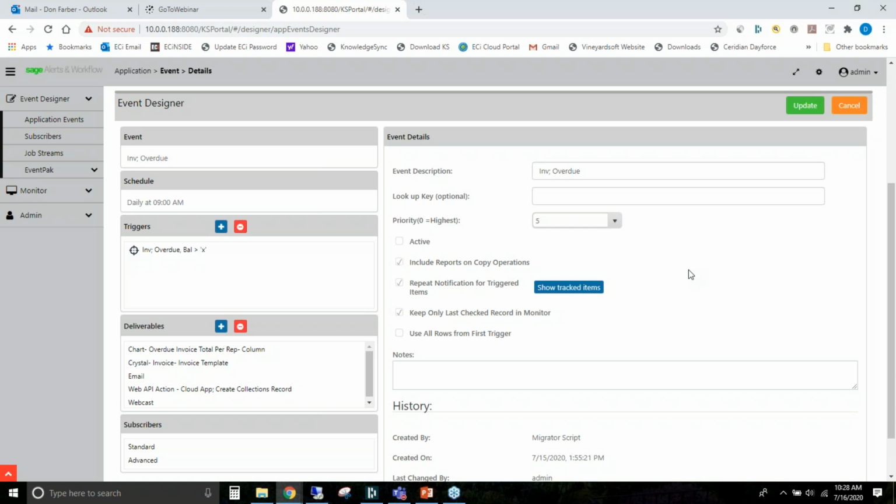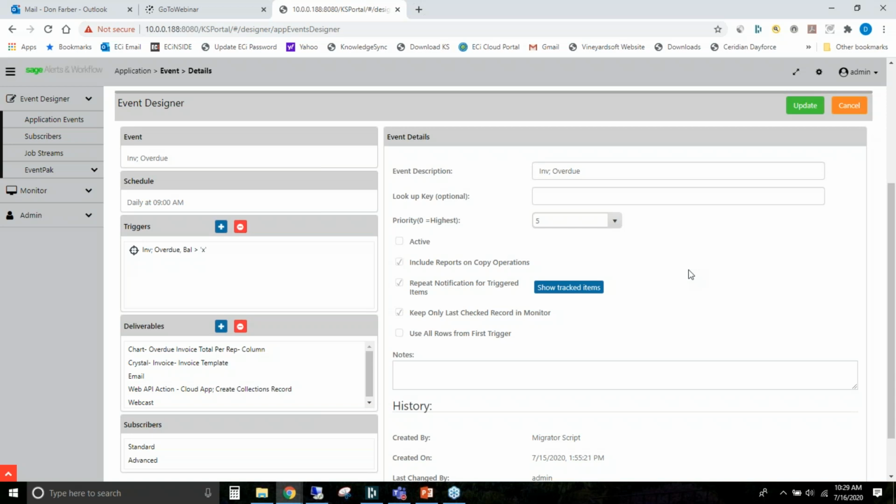And keep in mind that what you're looking at here is a setup process. Again, once you set up what events you want Alerts and Workflow to monitor for, you've told Alerts and Workflow how to respond to those events when they occur, you then turn Alerts and Workflow on. You walk away from it. It's not unusual for an organization to go weeks or sometimes months without actually logging into Alerts and Workflow. Yet you're receiving lots of alerts, email, text messages, etc. You're receiving forms, documents, and reports. You're even having workflow created for you, all done automatically by Alerts and Workflow,